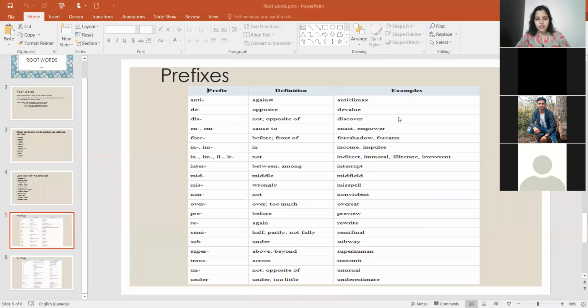So yes, antioxidant, antibiotic, very good. So you have a lot of words, right? Since we have discussed all of these, I'm sure you'll be able to remember them as well. So moving further, we have the prefix de. Now de means opposite, and an example of this word is devalue. So come on, let's think of more words. All right, so demoralized. Dedicate would not be the word.